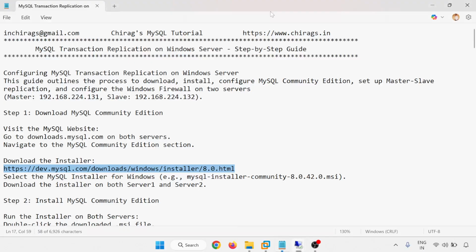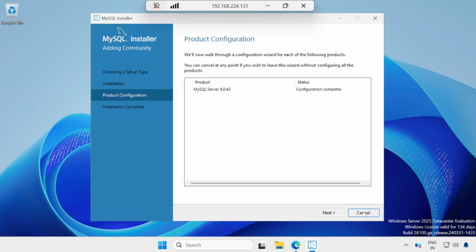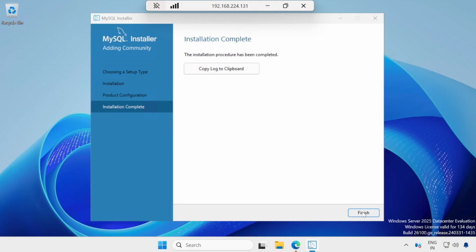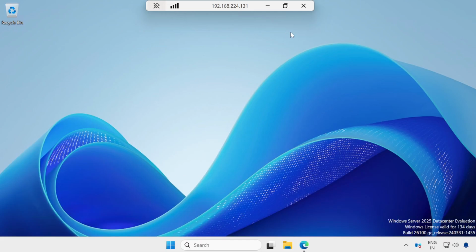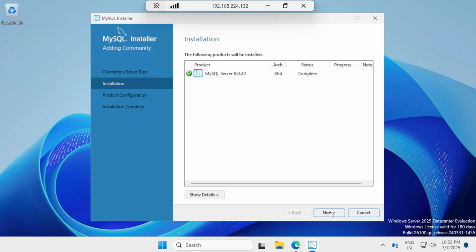Let me check server one meanwhile. So this is completed. Click on finish. Click on next. Click on finish. So installation is completed for server one. Similarly, let me complete it on server two. So next,